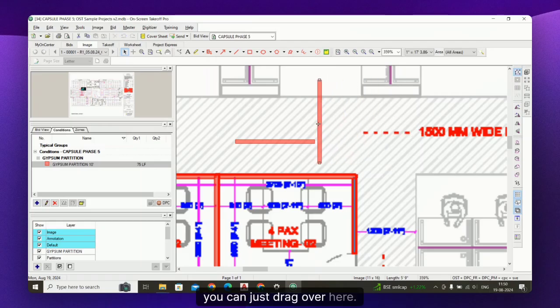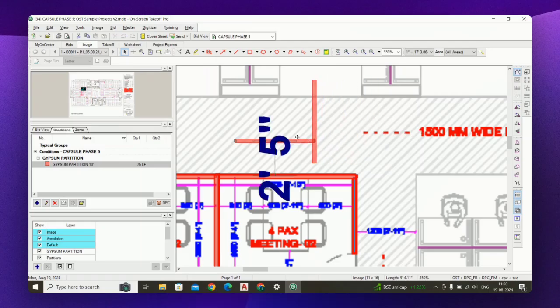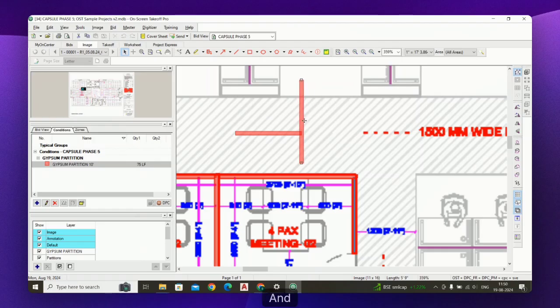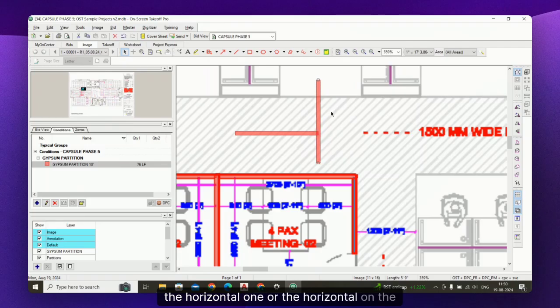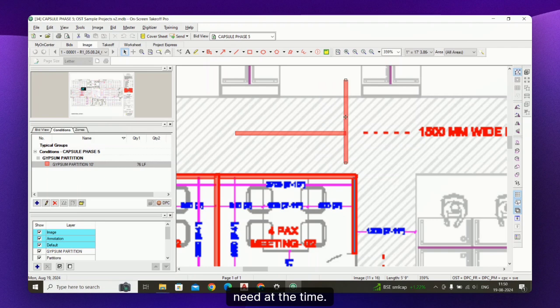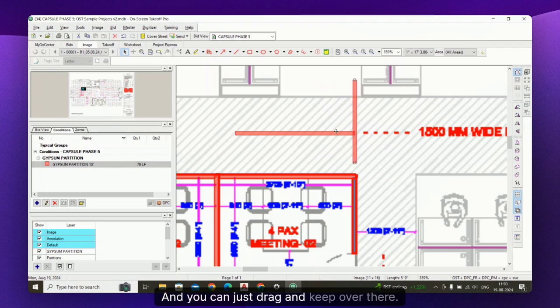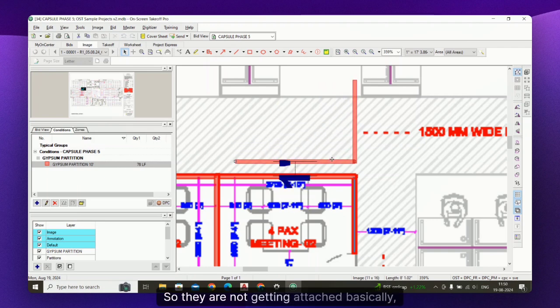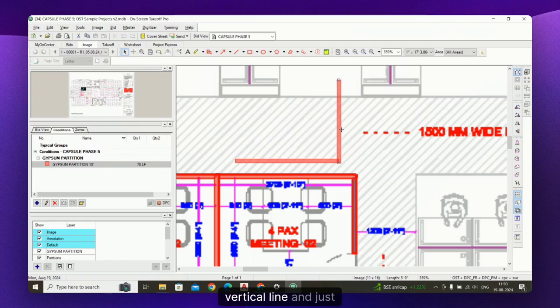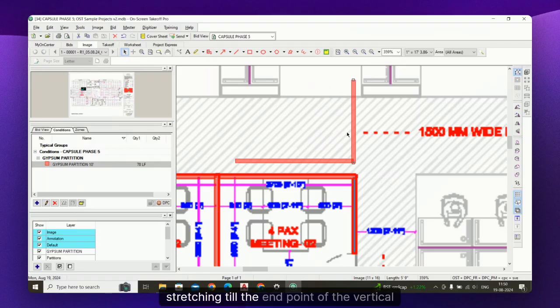And if you want to match the same length of the end line which you have created, you can just drag over here, and once it is very close, it will stick to that vertical line, the horizontal one, or the horizontal on the vertical one, whichever you need at the time, and you can just drag and keep over there. So they are not getting attached basically, but it is taking the reference point of the vertical line and just stretching till the end point of the vertical line. Okay,